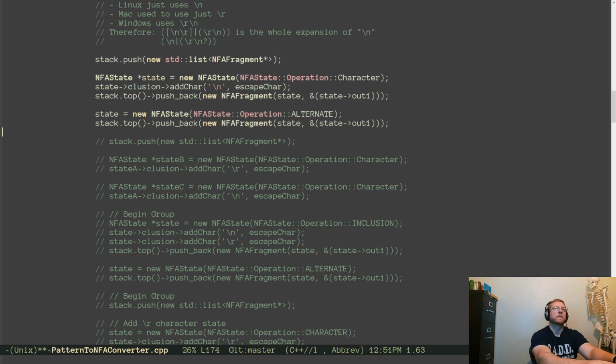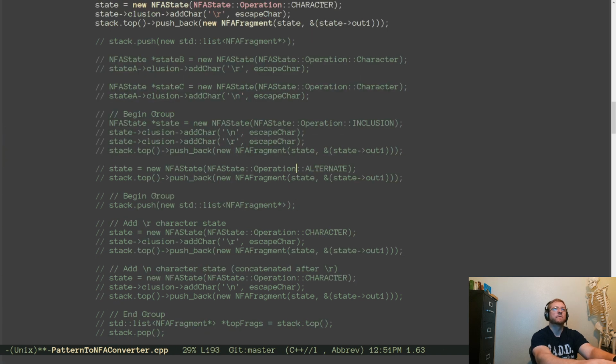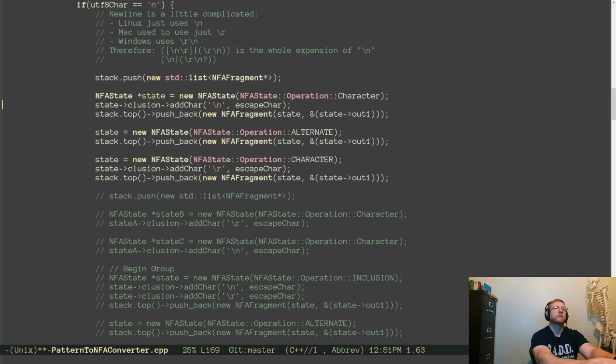At the R. Carriage return. At the end, newline.